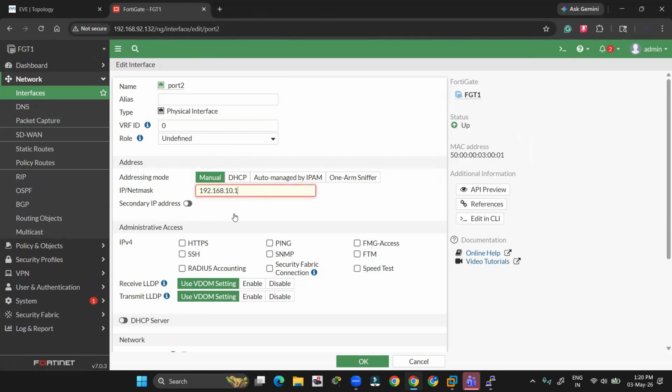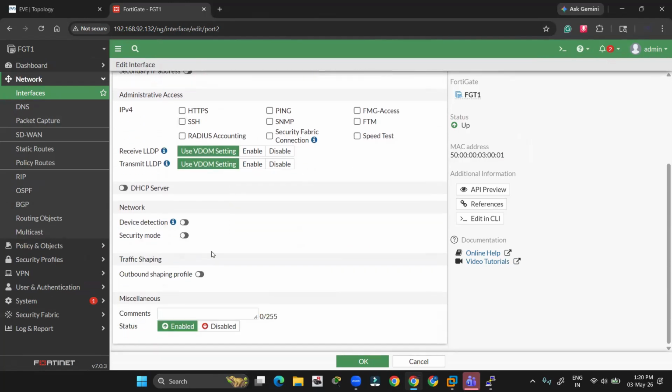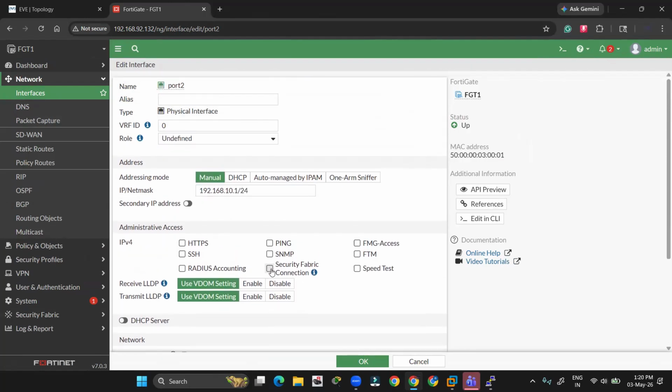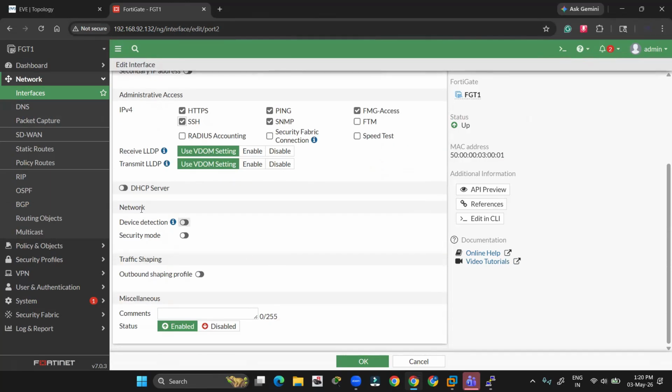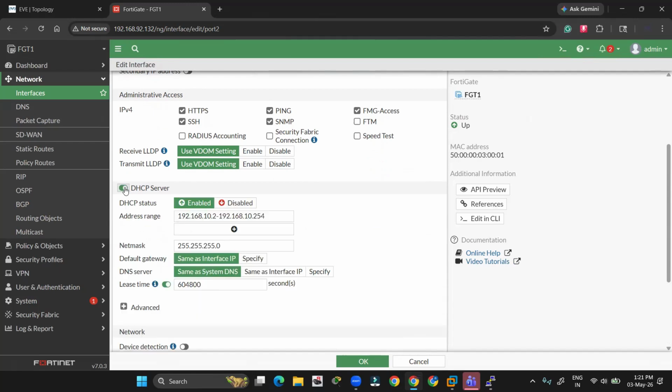192.168.10.1/24. So that is the manual IP address you have to provide, and you have to allow the permissions also, some permissions just like this. Now you have to click over the DHCP server to provide the IP address to the PCs connected to